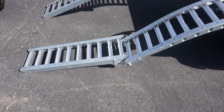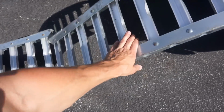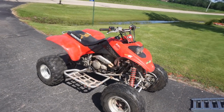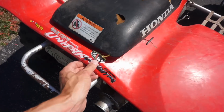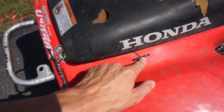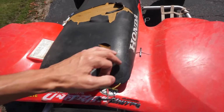This ramp is completely bent. Thing must be pretty heavy. I mean, it was bent before, but dang. Alright, got her off the truck. Wasn't the easiest thing in the world. Did notice there's a couple cracks in the plastic, but we can plastic weld these and that'll look pretty good. So there's 2 cracks, one right here,